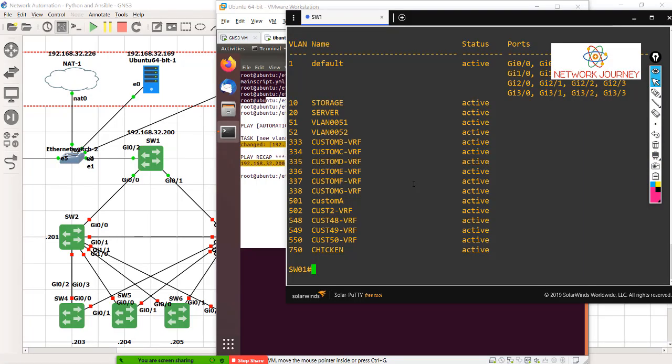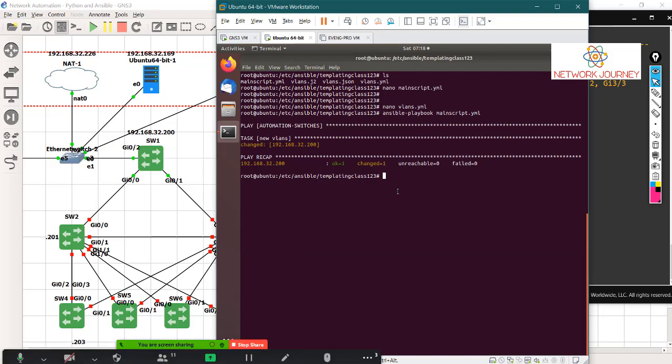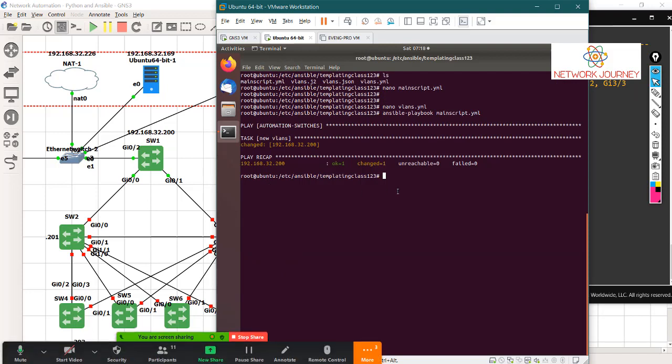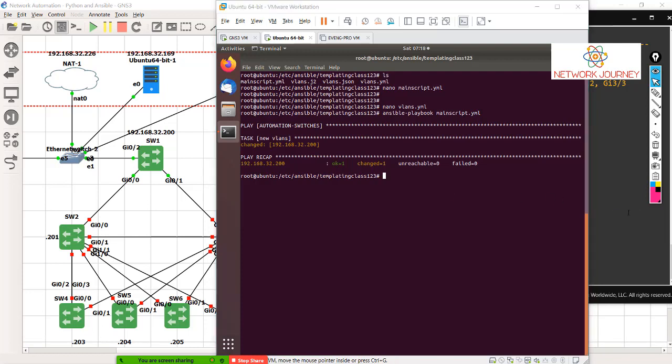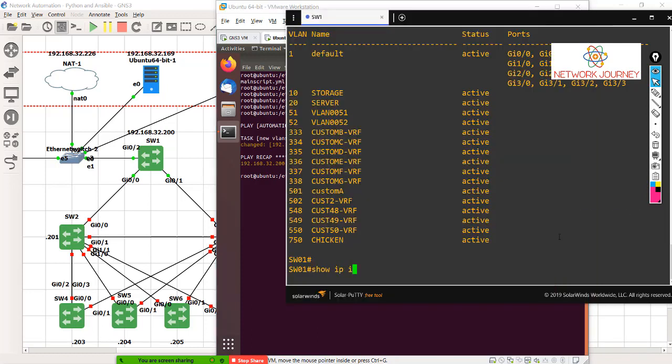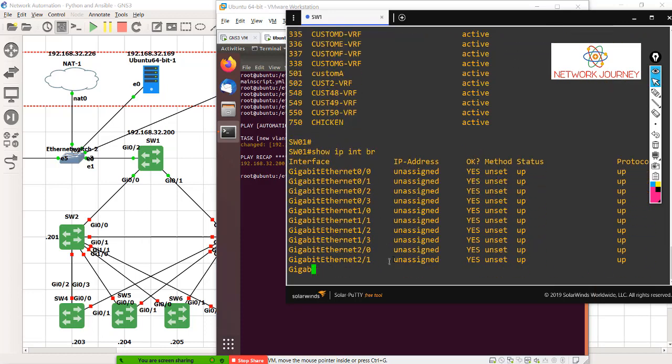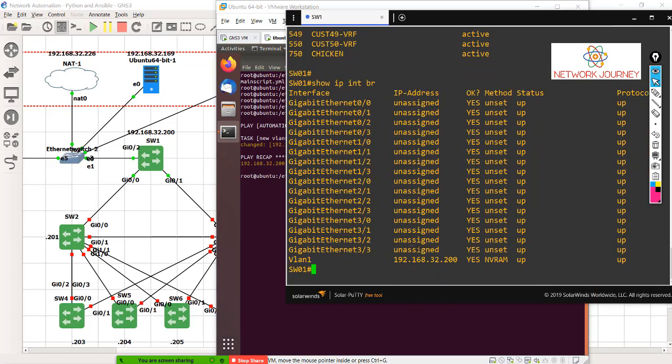Now what I'm going to do is show you one more script, with similar behavior, but the script is for interface configuration. Let's say I wanted to configure some IP address on the interface. So let's see first some of my free interfaces. I can take something here in this range.